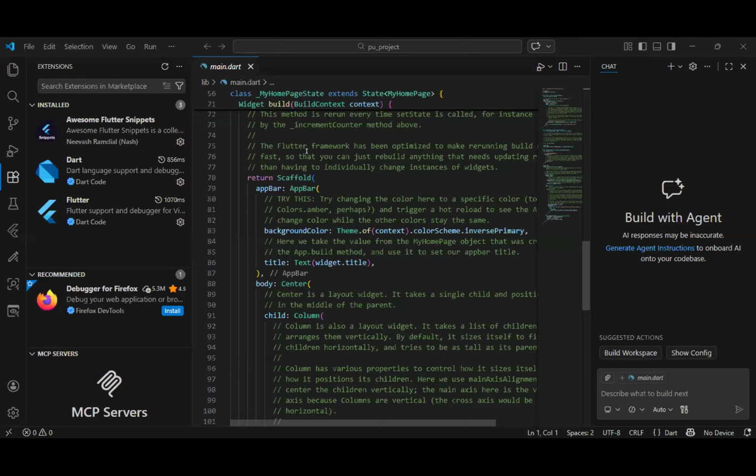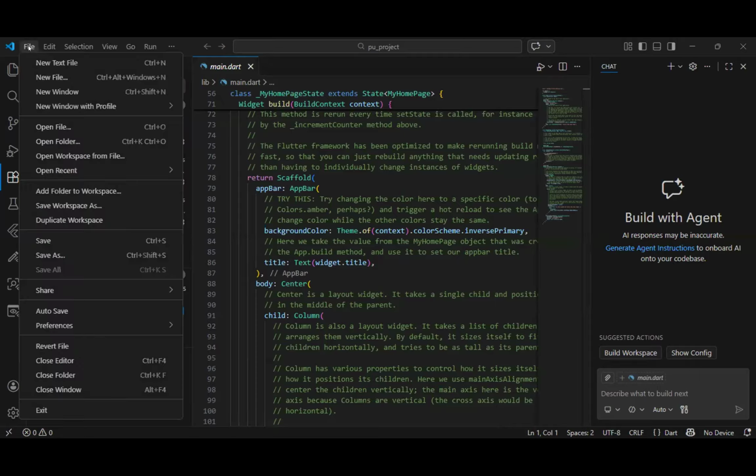Can you see my VS Code? Yes, please. Can you see? Yes, sir. In the VS Code, go to File at the top there. And then when you go to File, click on Open Folder.